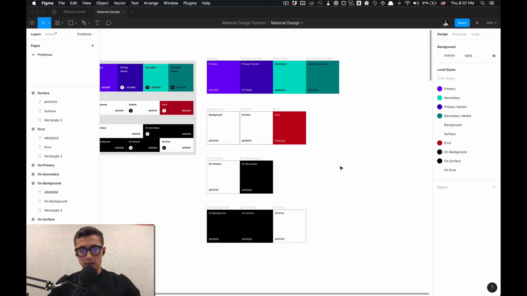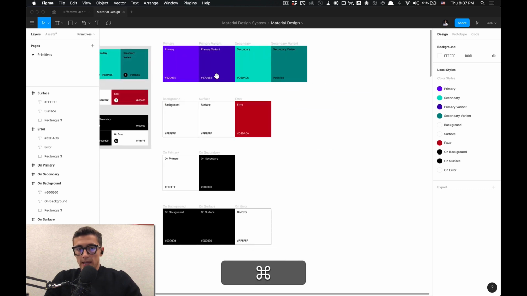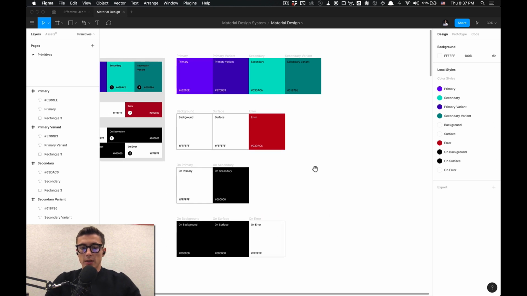So now I got everything done. You can see my color styles as local styles. So I got the baseline of the material theme in its colors, right? And I got them all labeled here from the screenshot I snapped from the website. And I basically just translated that into Figma, and then I applied those as styles all the way from primary to the on-error surface. A lot of them are very similar, but one thing I do not like about this